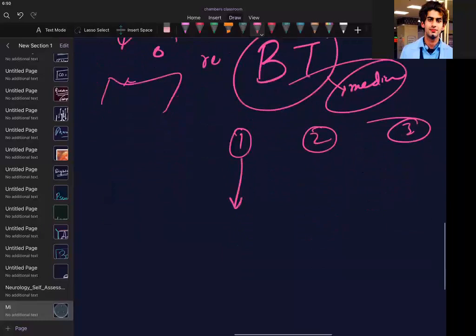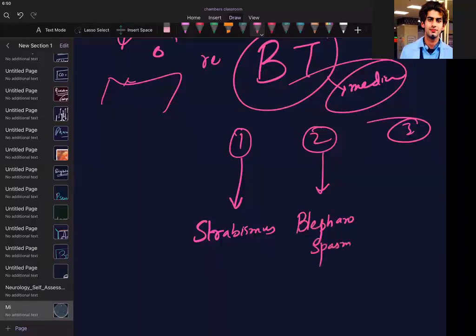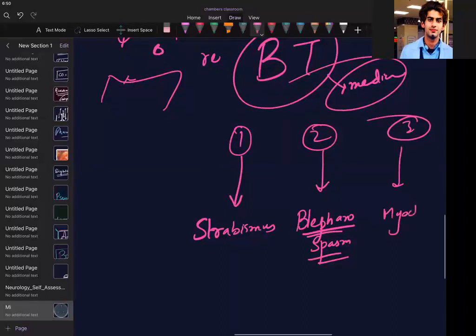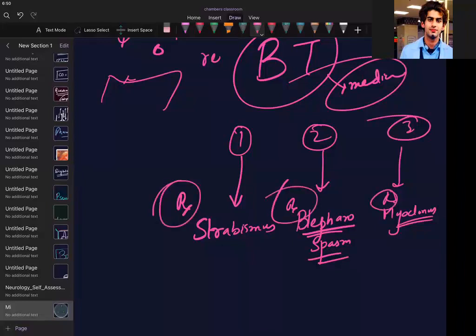Number one, treatment for strabismus. Have you seen strabismus? Those ocular deviated eyes. Okay, we'll be reading more about them in ophthalmology. Don't worry. So blepharospasm, it is all about a muscle problem, can be a nerve-induced problem that we'll be learning later. Blepharospasm means lid, eyelid spasm. Okay, myoclonus you have seen. So we can treat these conditions. Can we understand how we can use them? This is how we can interrelate things.